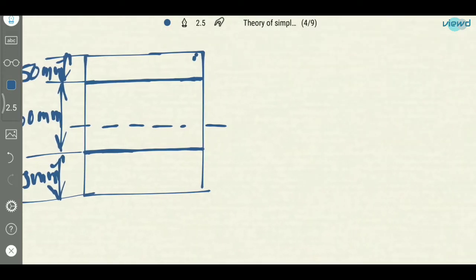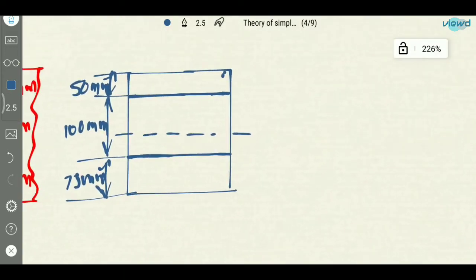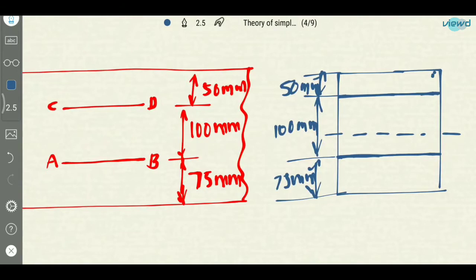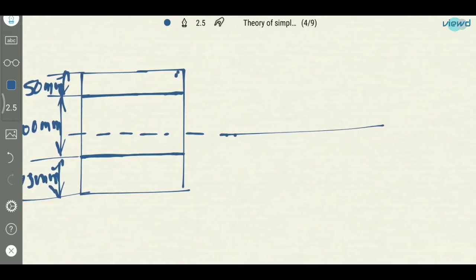So if we draw the strain distribution diagram, how will it be? The upper layers are under tension because the CD layer is expanded by 0.03 mm, and AB layer is shortened by 0.09 mm. So the upper layers are under tension. So how will be the strain distribution diagram? The upper layers are under tension, so it will be on the right side, and the lower layers are under compression, so it will be on left side. If we join this,